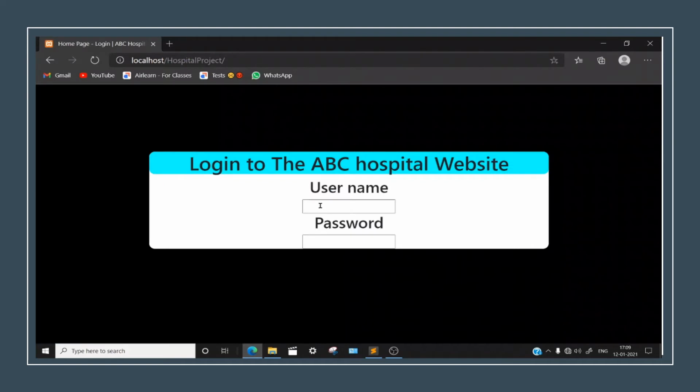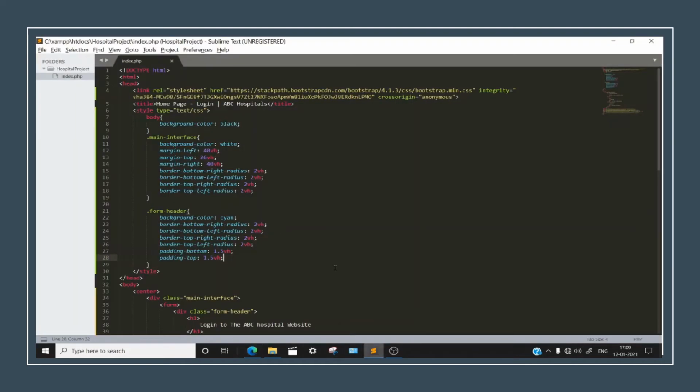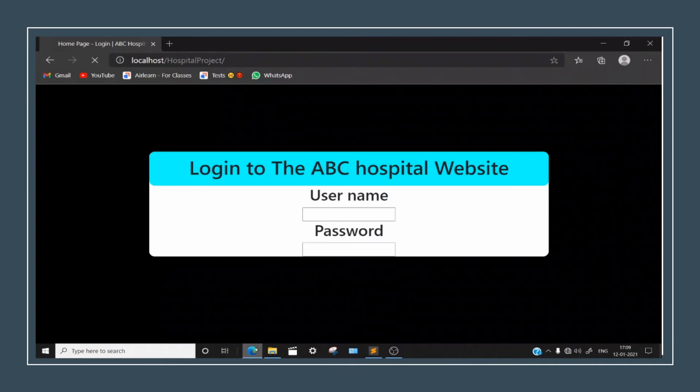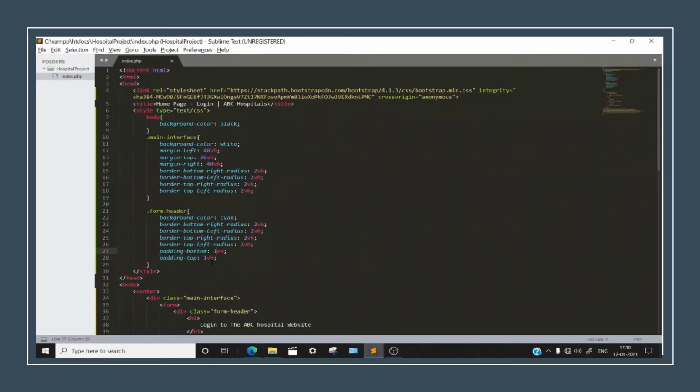Okay, let's see what this is doing. Well, this is fine, but we can just remove this 0.5 down there. Okay, this looks fine. Let's see. Okay, nice. So we have done these things. Looks nice, and now we have done the form header.